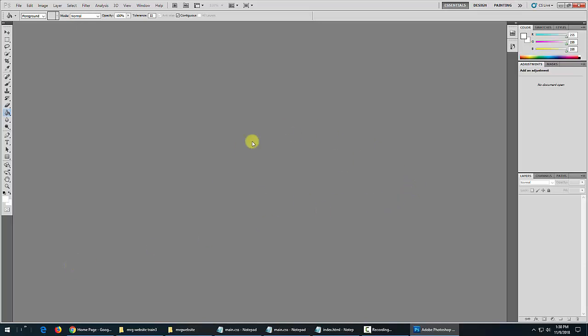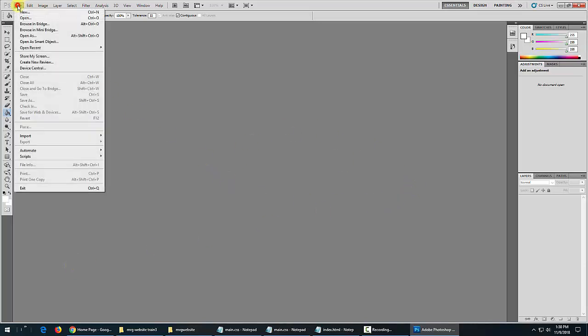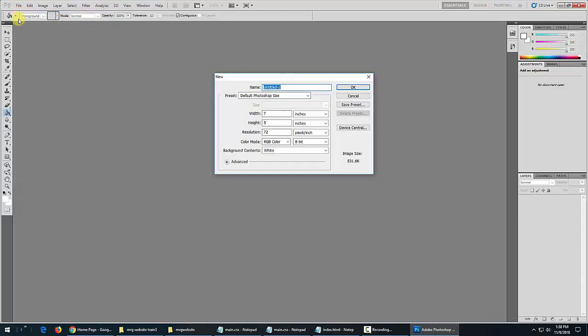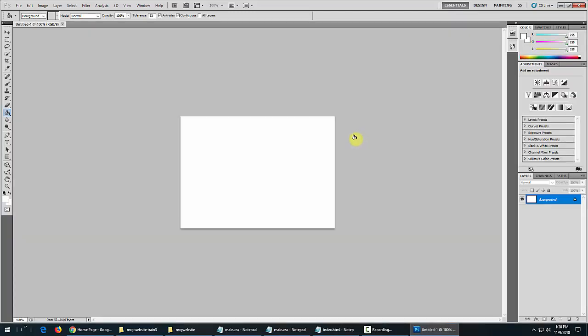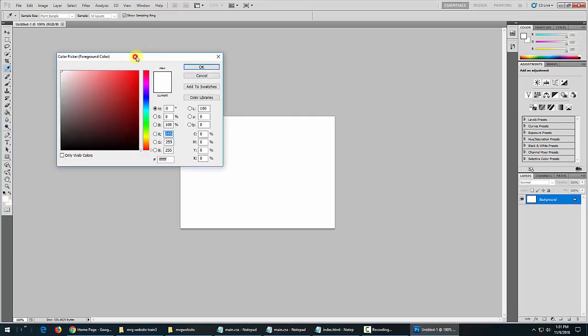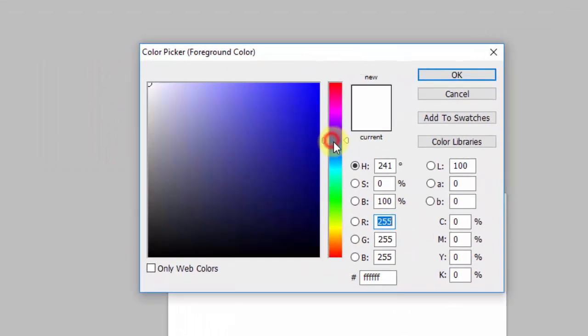So right now it's obviously nothing up there. So if you just do File, New, and I guess since we're just picking a color, it doesn't really matter what this says, just say OK. And you just get like a blank sheet of paper there. And we're going to fill it in, let's say, with our bucket tool. So if you click over here, this color chip, it brings up the color picker. And if you go here, and you scroll up and down and you click on blue,